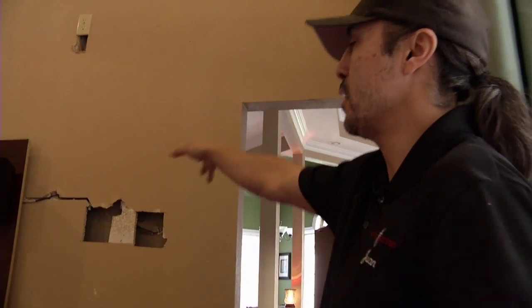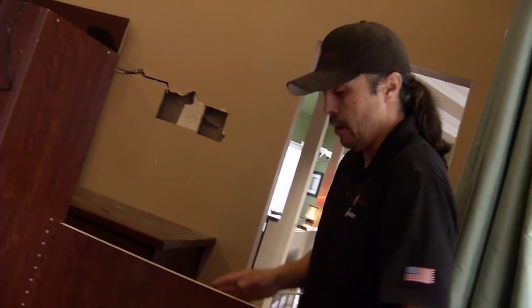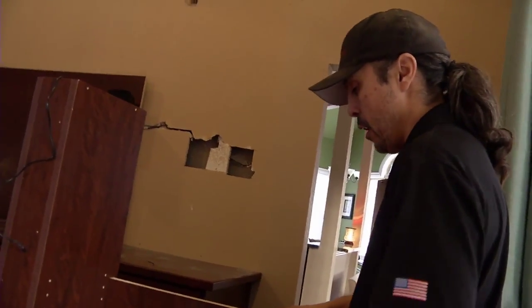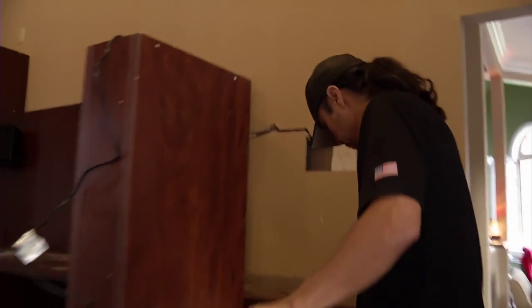Building up the two wing sections for the unit. This is basically the last structure, pieces of the structure to go up. Everything's come together pretty good. What we ended up doing, and I'll show you over here, is